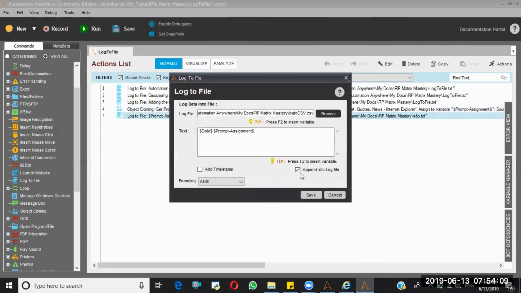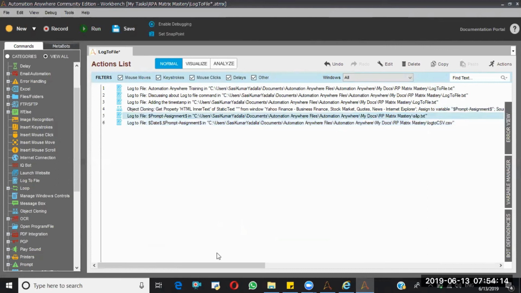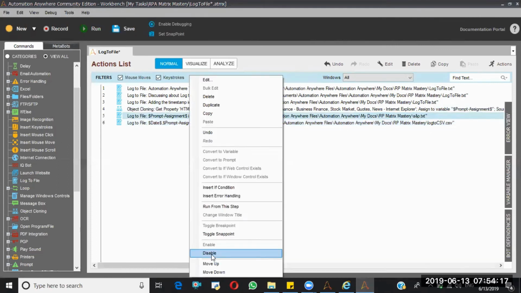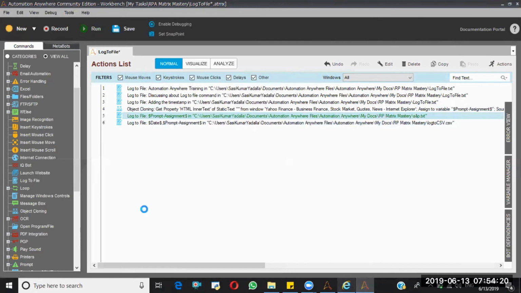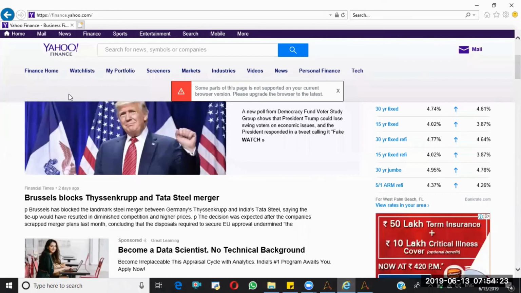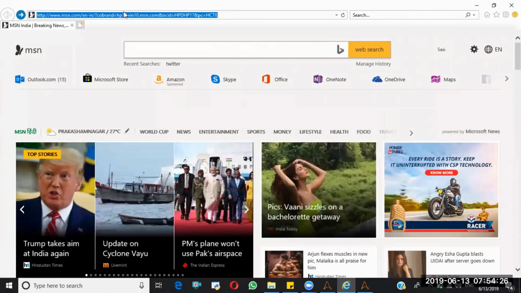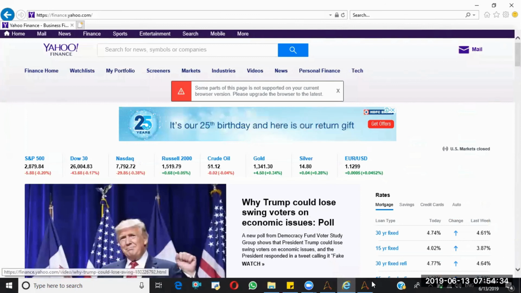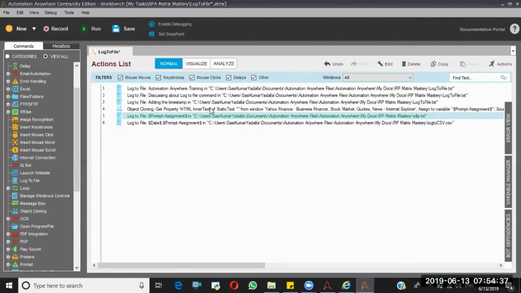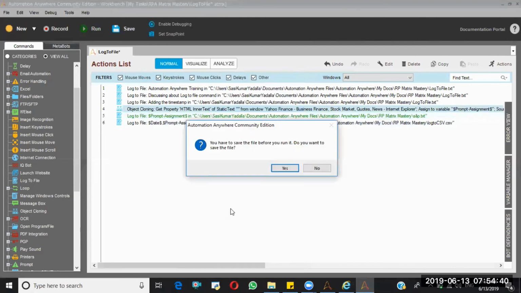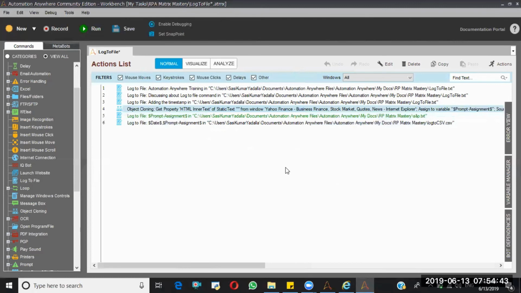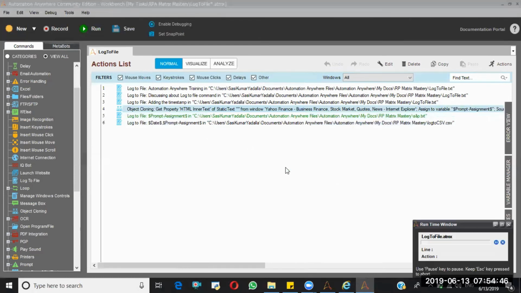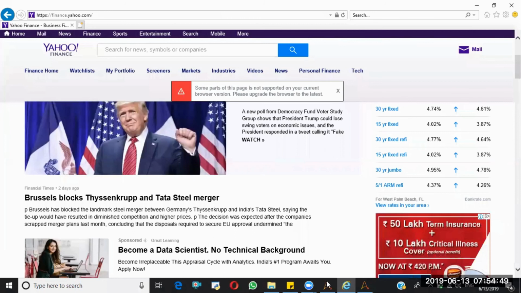This time I'm not adding the timestamp, and I'm removing append as well. I'm disabling this one. Now I'm running from this step. See, it's executed successfully.